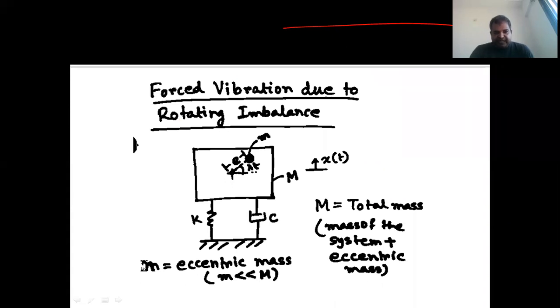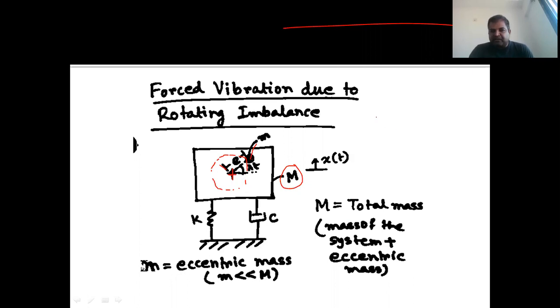So here, if you see, this is your machine or your mass. I will take the weight of this mass as capital M, which is a big mass, and over which I am putting the small mass, which is the eccentric mass. This eccentric mass is placed away from the centroid at an eccentricity or distance of small e. This small mass is rotating like this, and because of this rotation, the entire block is subjected to vibration, being connected to stiffness K and damping